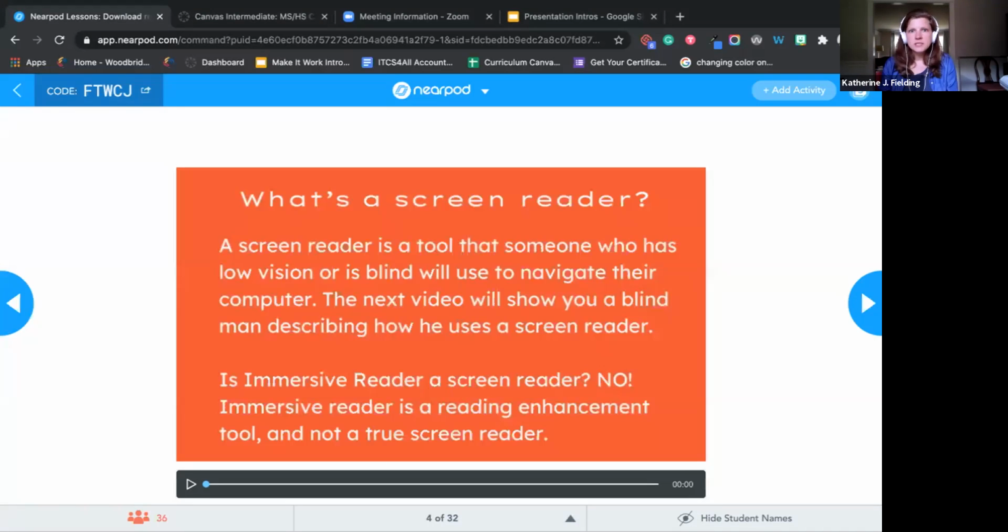The next thing, what's a screen reader? Okay, so you might have seen if you've been exploring Canvas that there is something called Immersive Reader built into the page. Immersive Reader is not a screen reader. Immersive Reader is just a reading enhancement tool. So if a student has,